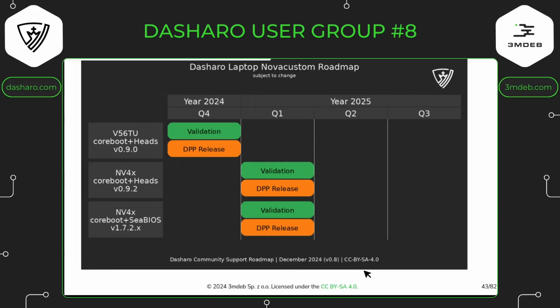We plan a couple releases for Nova Custom, but this is not Nova Custom under Dasharo support package. So this is not Dasharo coreboot plus UEFI, but Dasharo coreboot plus Heads and Dasharo coreboot plus CBIOS. So those couple releases, the first one in line is coreboot plus Heads for the V56 series. So this is this one. And yeah, I guess the plan is to deliver it by end of quarter, but there are still some